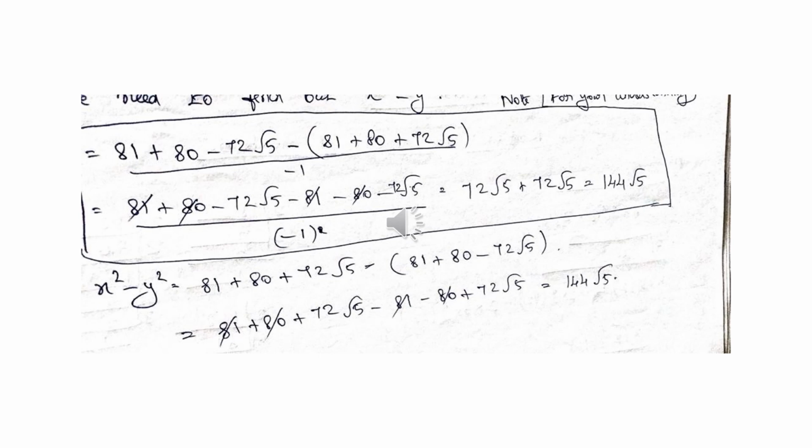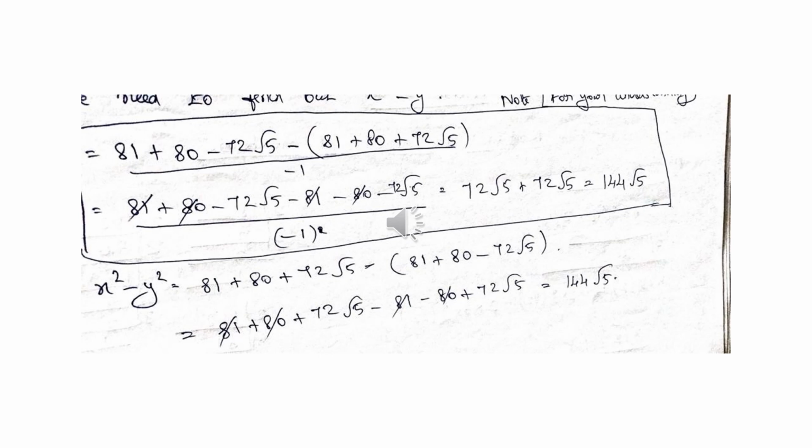Then the denominator is already in the form of a plus b into a minus b. So we need to apply the formula a squared minus b squared. Okay, so we'll get the answer 5 minus 2 root 6. Seventh sum also in the same way we need to do. Ninth,